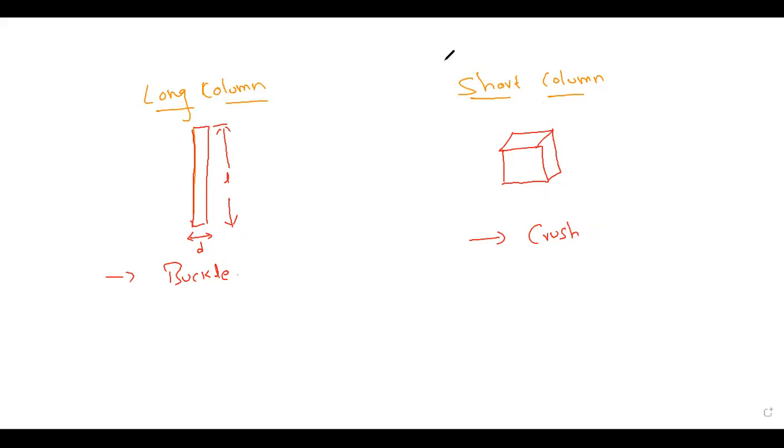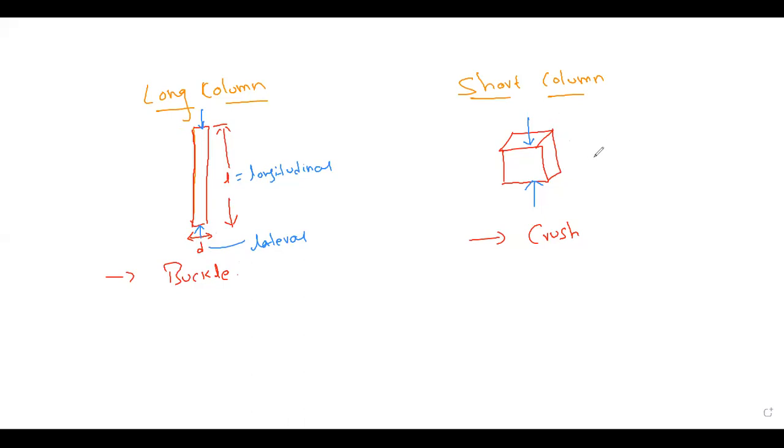When they are subjected to compression force. So this is how the long columns will buckle. Why will long columns buckle? Because of the other lateral dimension. This is called the longitudinal dimension, and this is called the lateral dimension. When the lateral dimension is less, those columns will undergo buckling, and short columns will undergo crushing.